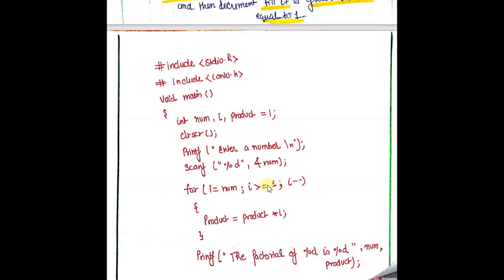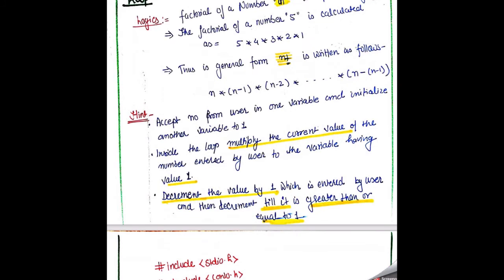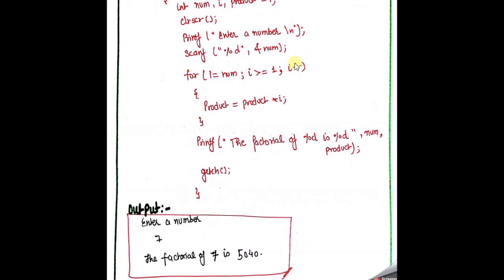If I want to calculate the factorial of 6, then I write 6 multiplied by 5 until 1. So till 1 you need to multiply your number. So you need to check that I is greater than or equal to 1, and here I am going to perform the decrement operation because I want to perform the program logic in a left to right manner. That means 5 multiplied by 4 multiplied by 3. You notice here that 4 is the decremented value of that number, 3 is the decremented value of this number, and so on. So in the case of the for loop I am using a decrementing variable. So now product is equal to product multiplied by I.